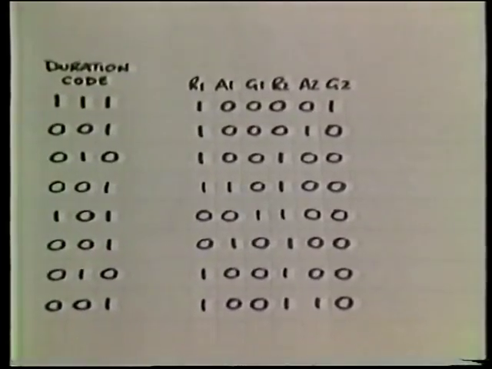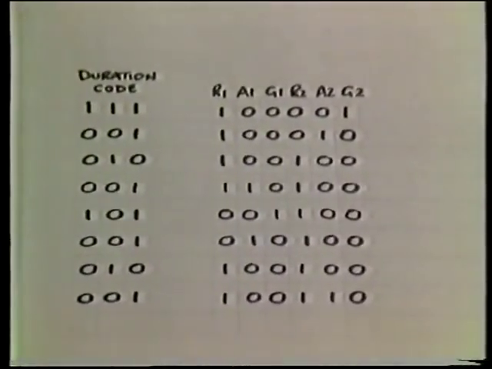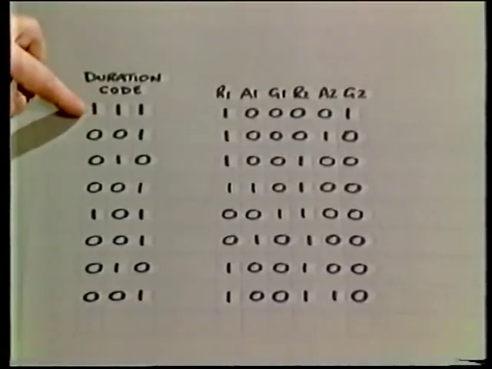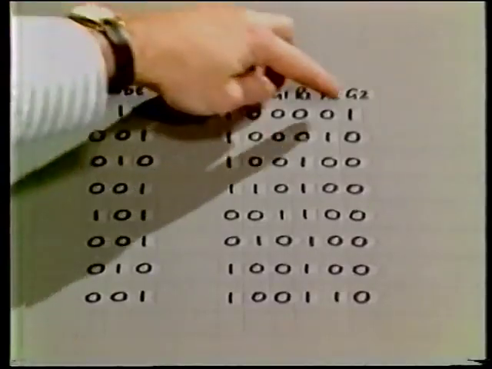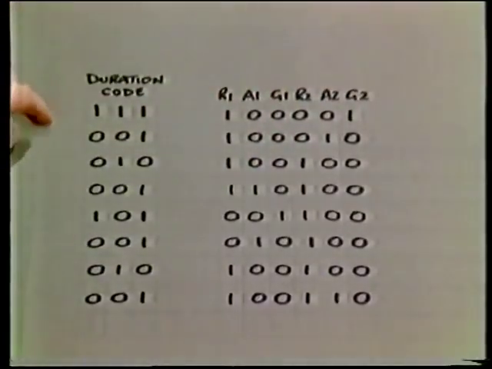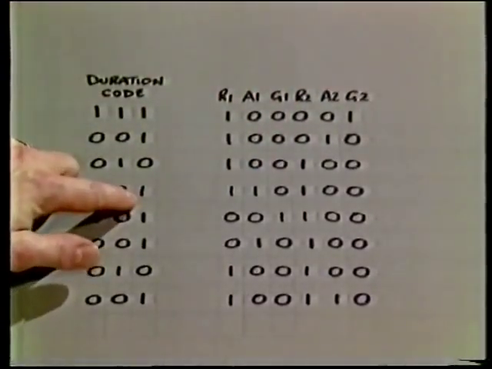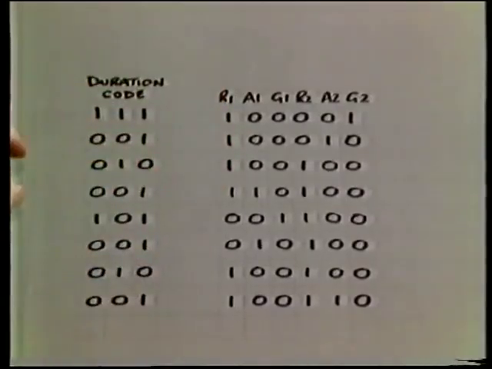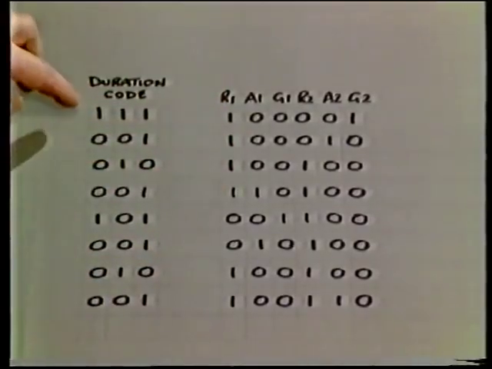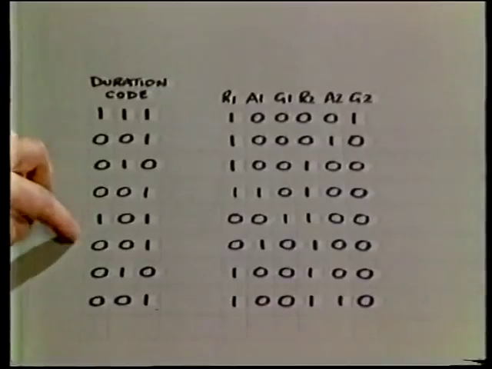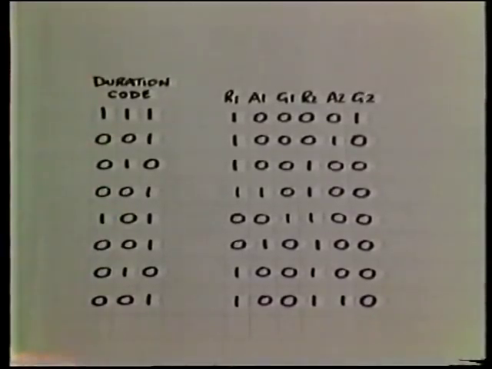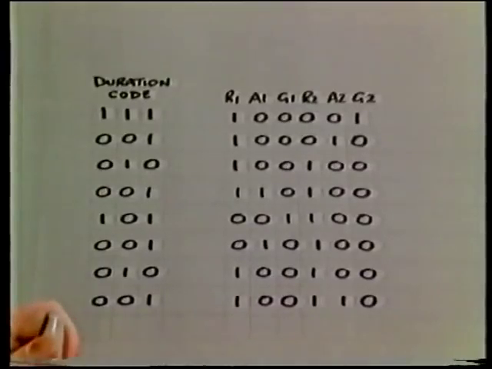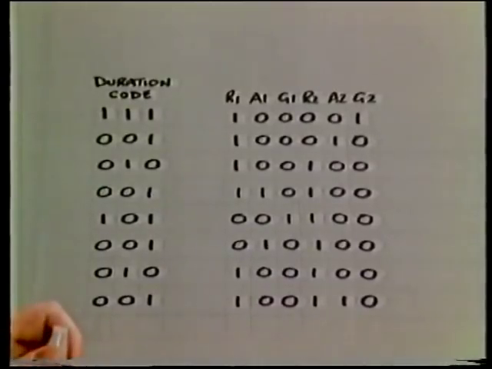I'm going to arrange for 4 different durations, ranging from 7 units of time, coded as binary 111, this is for a red-green combination, through to 1 unit of time for combinations which involve an amber light. And you'll see that they're all encoded with their binary equivalent. Now this duration code, as we call it, is programmed into the ROM alongside the code word which controls the lights. Now I've got a system diagram here,